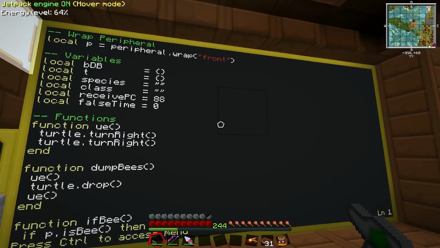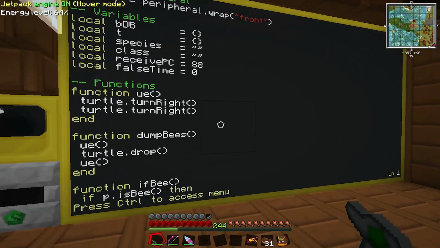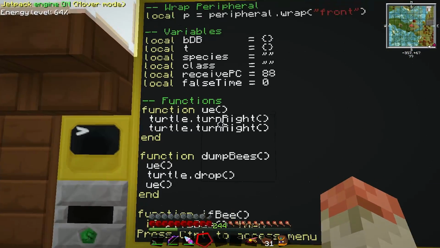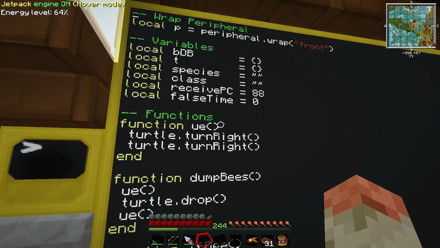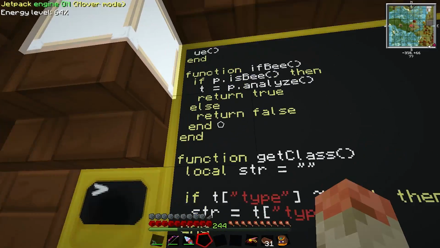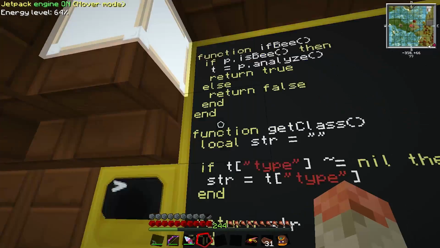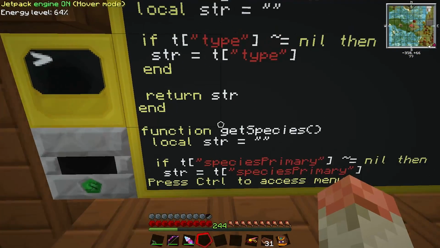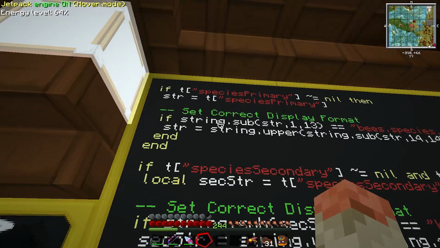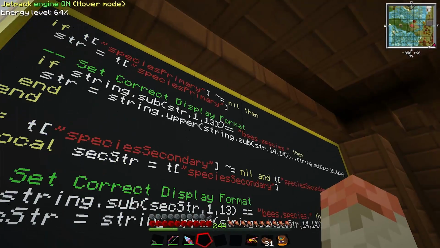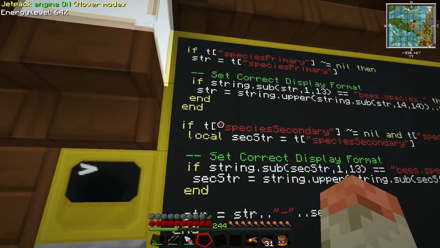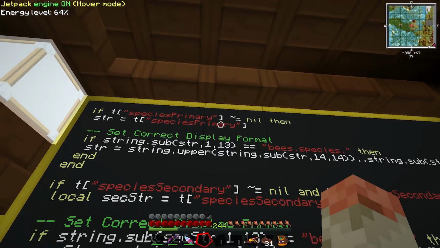Okay, and we're back with the lovely big old touchscreen here. This is the analyze script run on the Turtle. Most of this is largely the same as in our other episodes, or chapters, I guess. I think all that's pretty much the same. Return string, get species, return string. All these should be on Pastebin anyway, just in case. Oh, this is the one thing that I added,